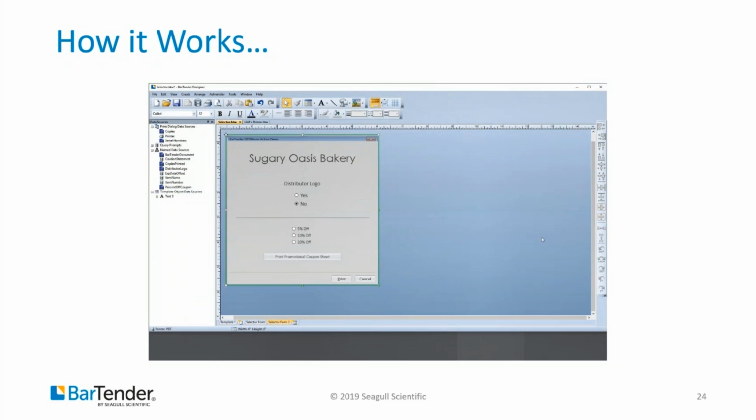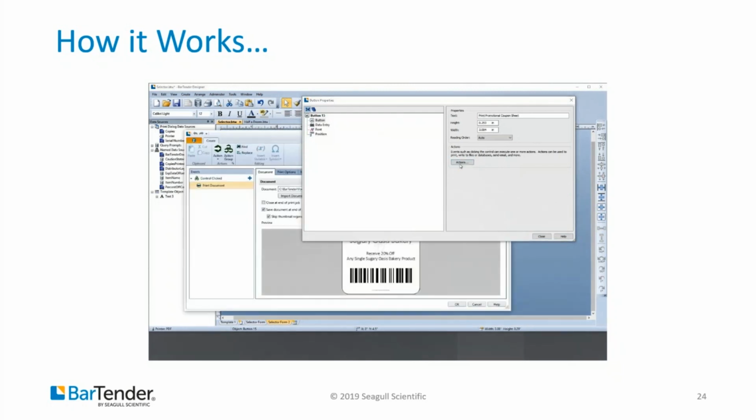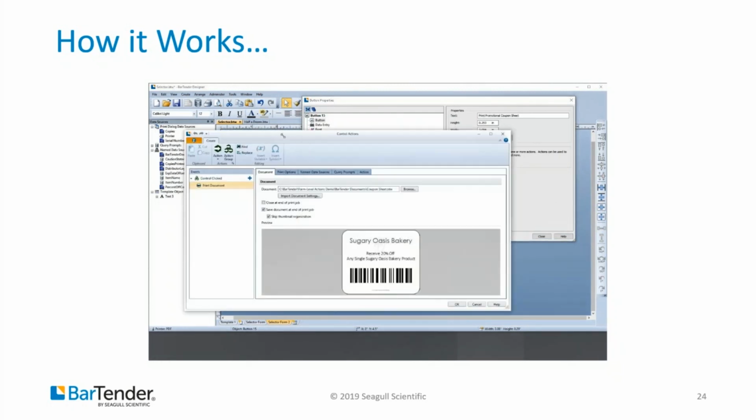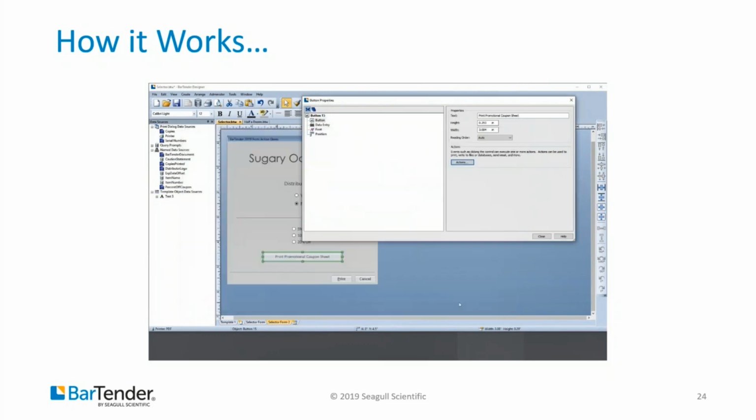So we have that percent up there, we have the icon or the button, we go into the properties of it, and then in the actions, when we pull that up, we have a print document action. So every time I click on this icon, this document prints with the value of whatever percent off I set. That percent off coupon, if you notice, is a named data source on the left. And then other than that,